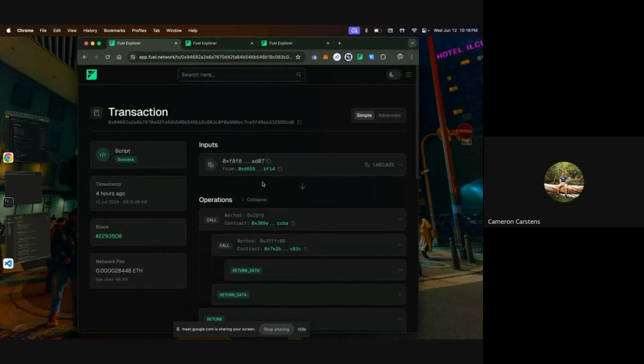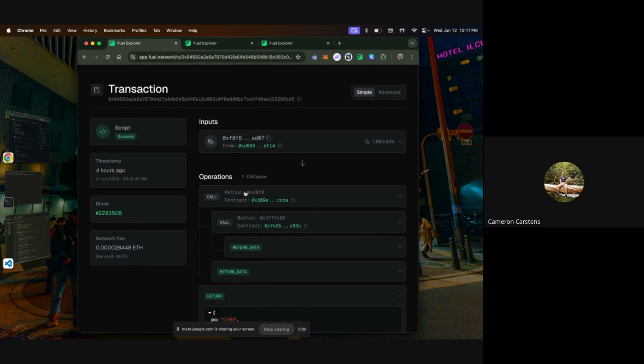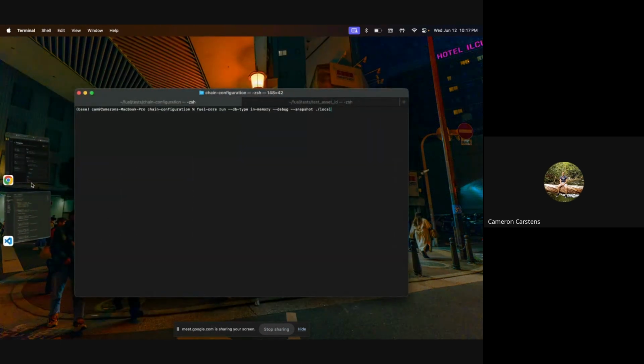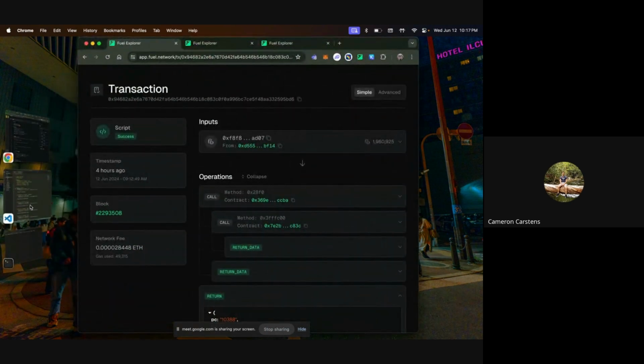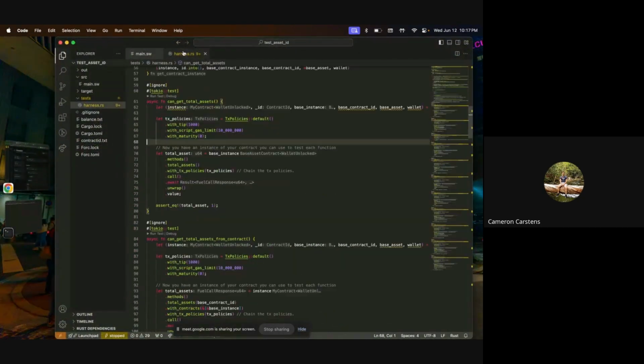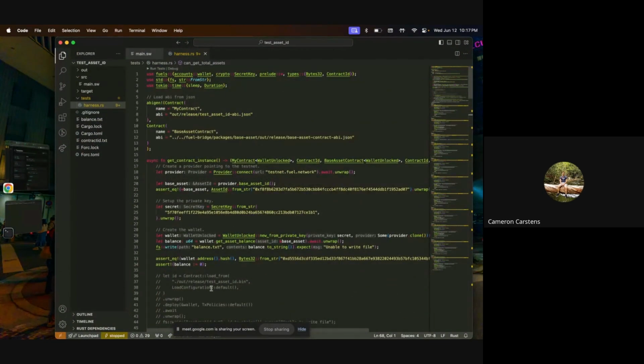So this just gives you a little bit of introspection between contracts and how you would check something on Fuel Explorer, and all the good stuff there. Then I am also going to briefly go over deploying the contract to the test network. So I've actually already done it here from the.